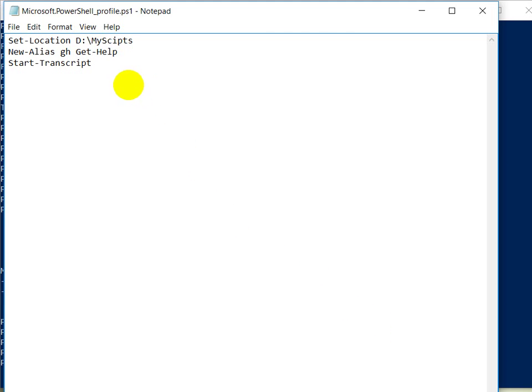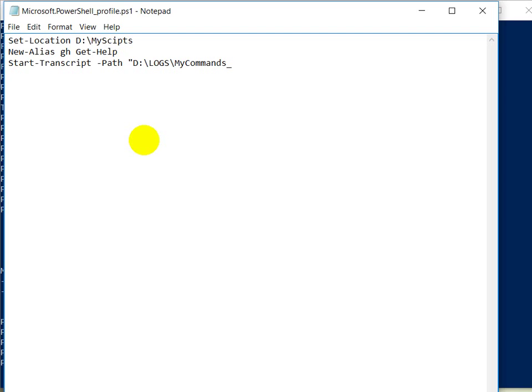So we are going to add Start-Transcript like this, with the path. The path we are adding here must be existing. It means we must have a directory with the name logs in our D drive, and then the name of the file would go like this,